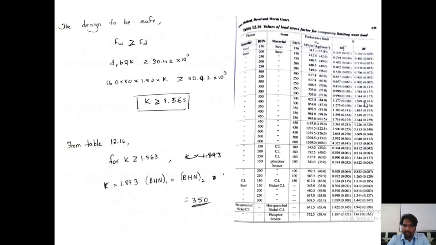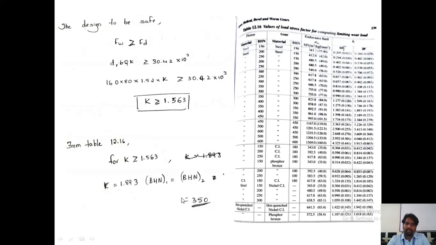Look at this, 1.59 is there, which is greater than 1.563. So we need to go for the BHN made of the same material. Look at this, here it is 1.599. If you look at this, it is 350 and 300, again 400 and 300. This is not the same. We need to go for the one where both are made of the same material, so BHN must be the same. We go with 350 BHN1 and 350 BHN2, where K is greater than 1.563. Yes, K is greater than 1.563. So K is 1.893, and BHN1 is equal to BHN2 is equal to 350.